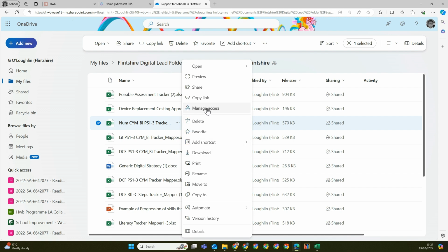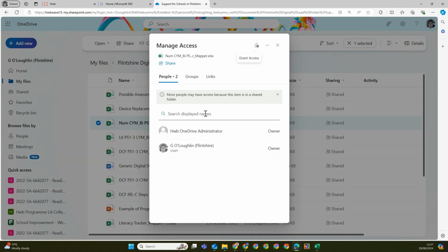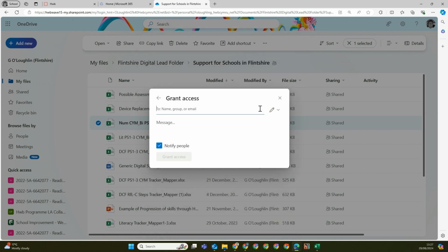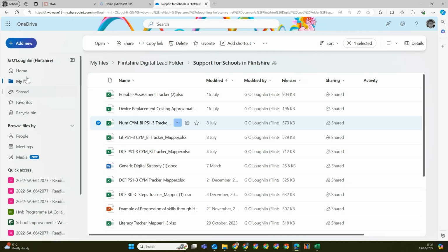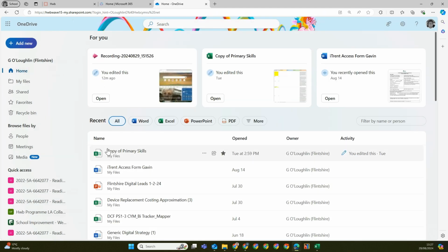The other thing that we can do in the manage access is change the permissions for what people are able to do. When we grant the access, we can give people different permissions for what they're able to do with those documents. Now, if we go back to the home, where we've got all of our work,